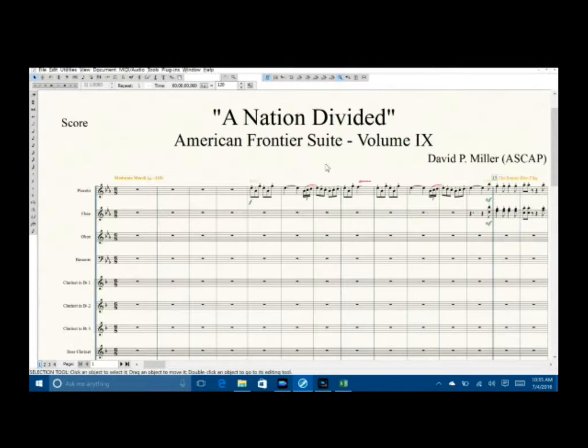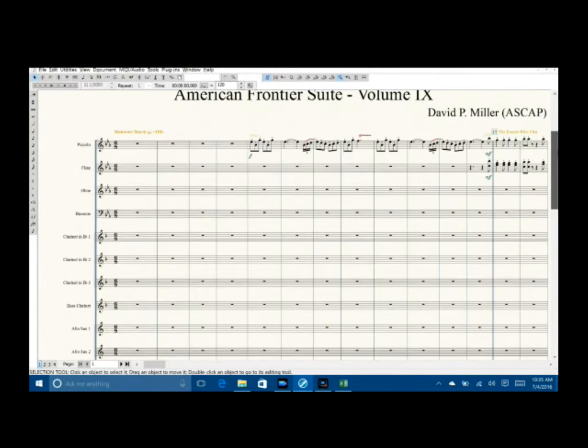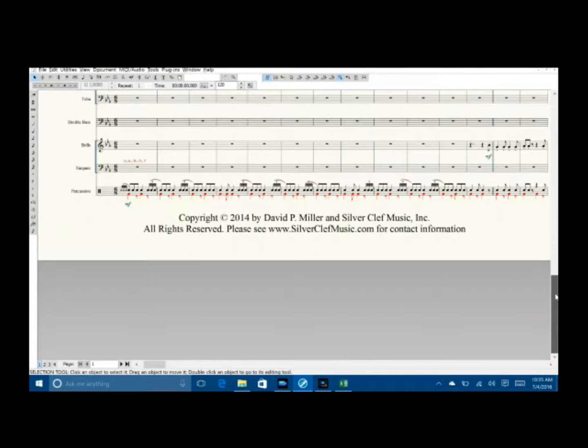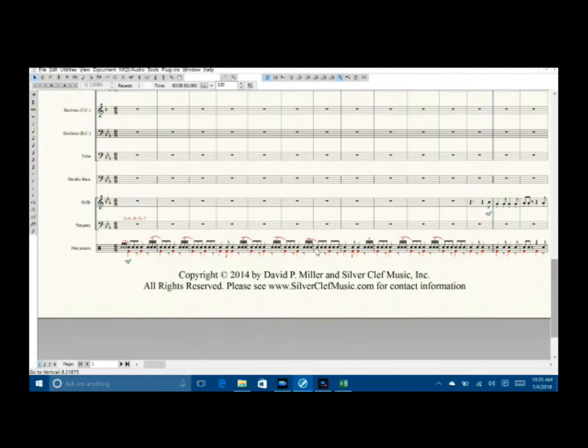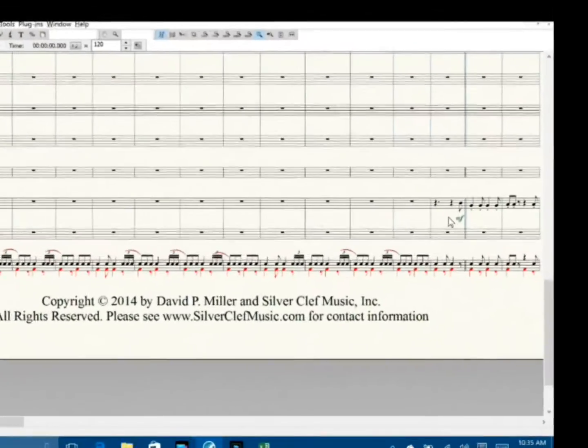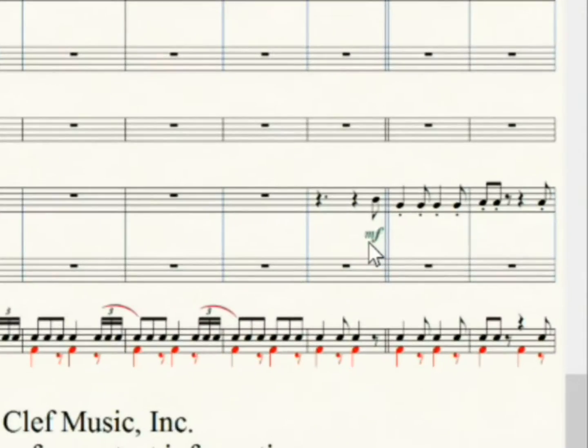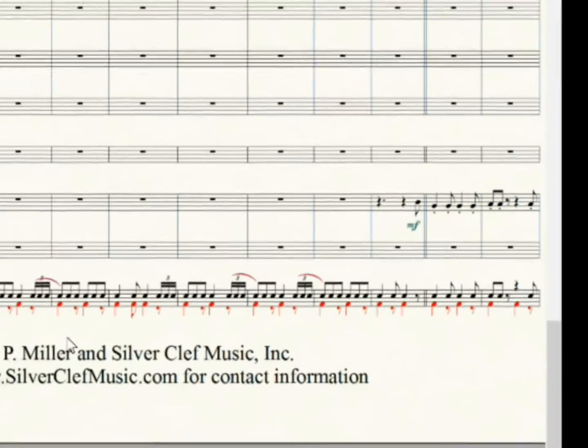Once I have this zoom, I go through every page. I scroll down it to see if there are any conflicts as far as dynamics, articulations, notes, text markings. What we're looking for is a little bit of breathing room between all markings. Notice this mezzo forte here almost touches the double bar, so just to give some comfort level, I'm going to drag that just a little bit to the left. That gives it more breathing room.